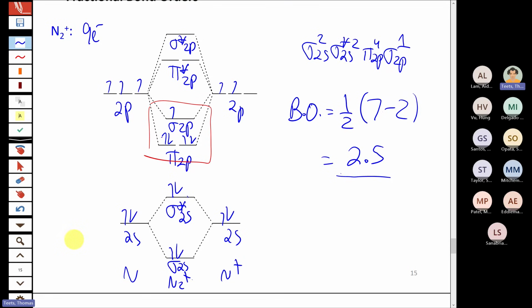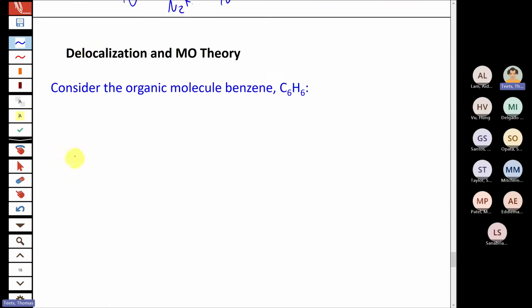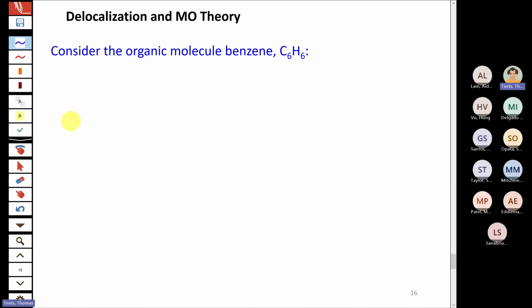All right, now the last thing that this chapter in your book covers is the idea of how we use molecular orbital theory on something that's much more complicated than just two atoms bonding together. We're not going to go through the details of this, but it's a really quick introduction to how molecular orbital theory works for larger molecules, and to give an idea again of the value and the importance of having this sort of delocalized bonding theory.